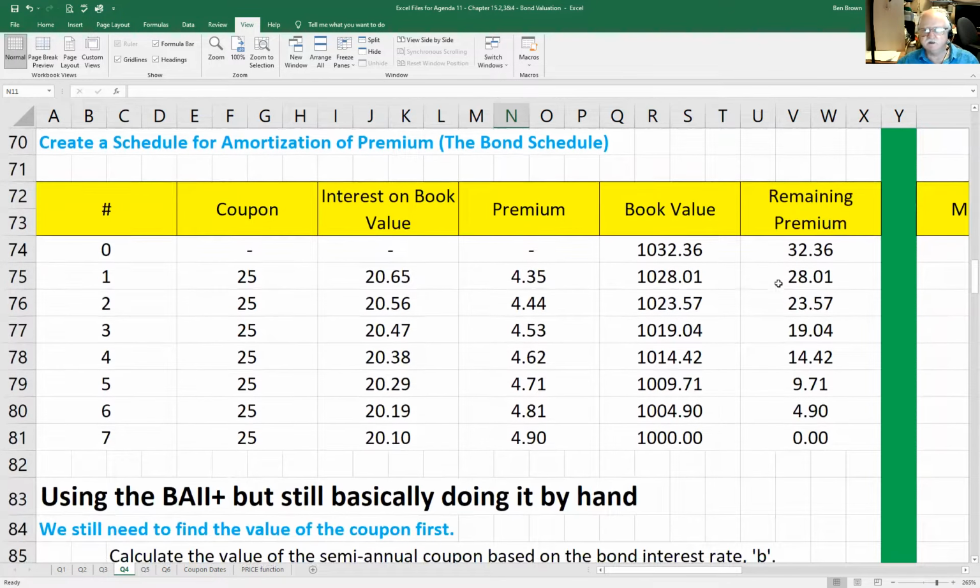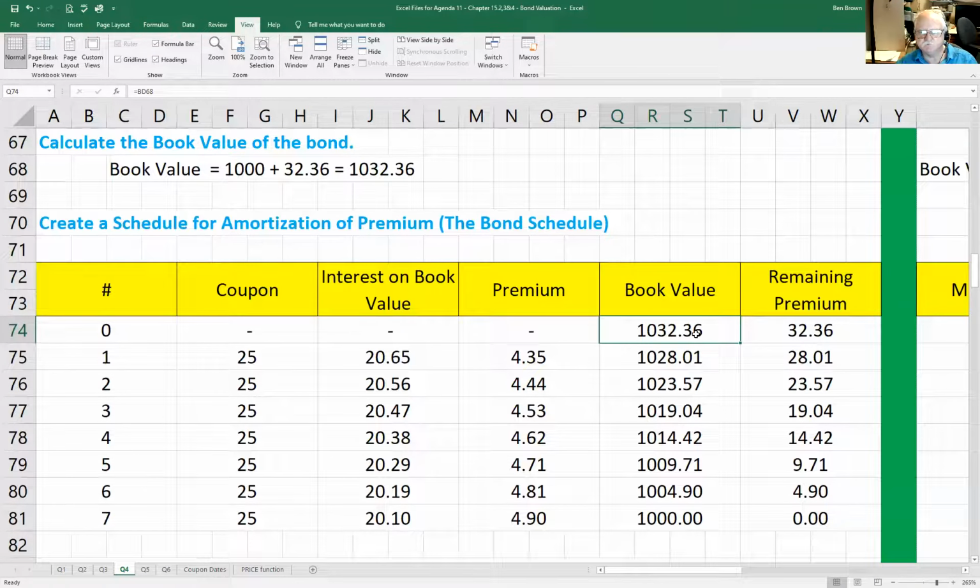And then they create these annoying schedules. And I'm not really sure how much you'll have to worry about it, but this is how they've set it up. The number of coupons, what the coupon is worth, the interest on the book value, which was what we calculated up here,